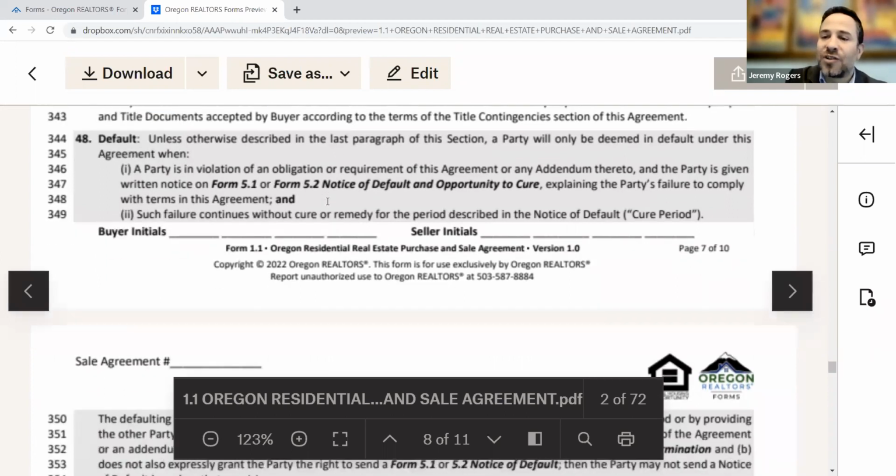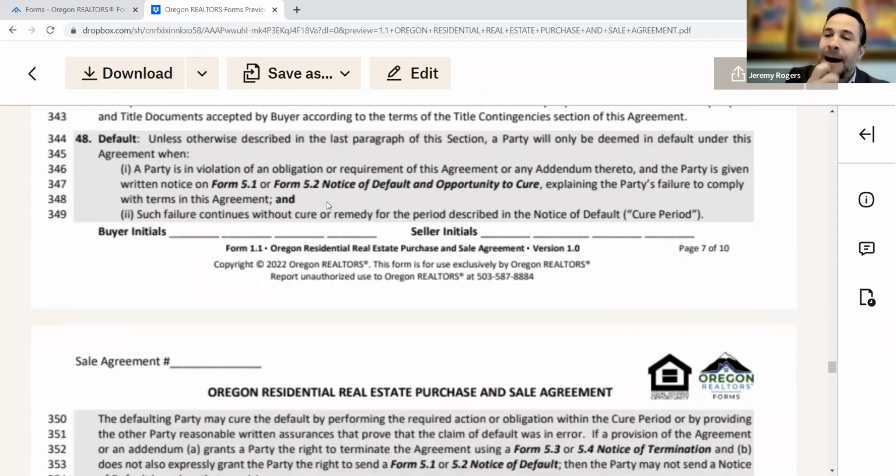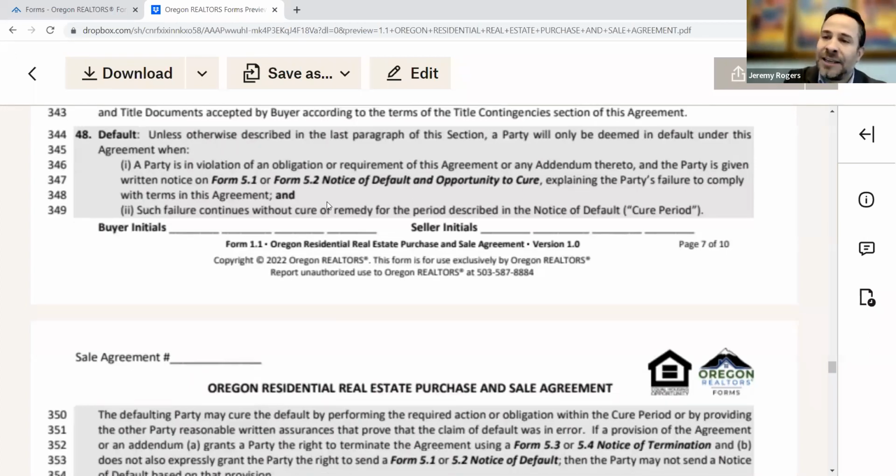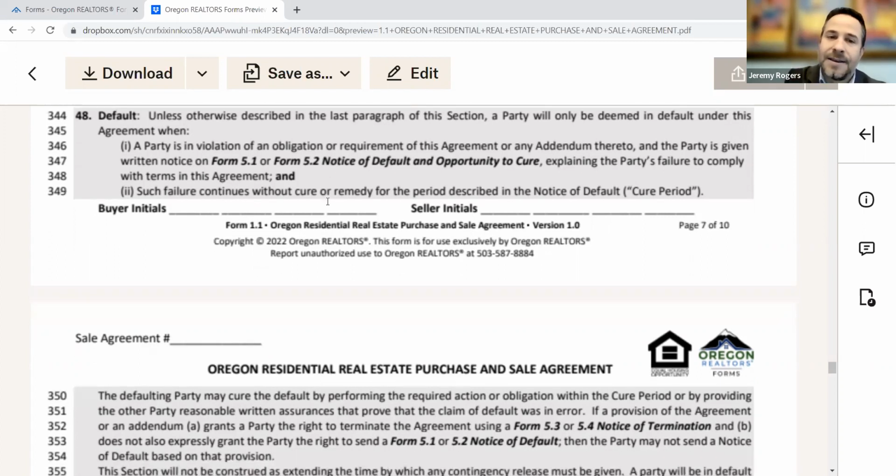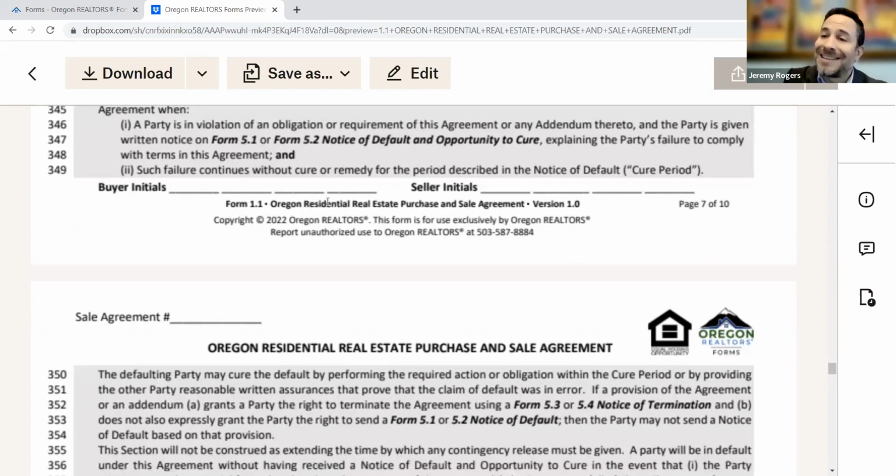This next section, we describe default under our agreement. I'm not going to go into detail here, because to really get the level of detail you need, you should take our class on defaults and terminations under the Oregon Realtor Sale Agreement. It's called Death of a Transaction. It's a CE credit class. I showed it to you earlier in the self-paced forms library. Okay, so just know here there's a section that describes when a party's in default under our agreement,